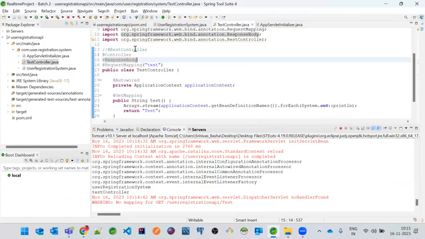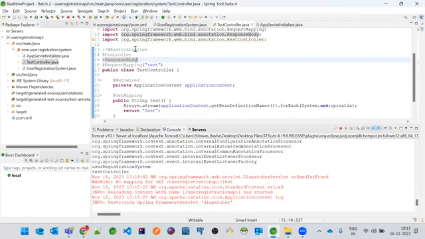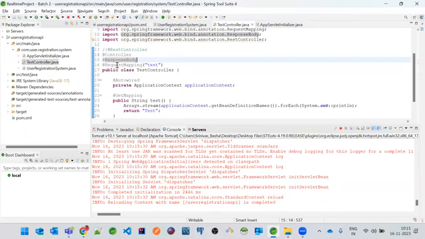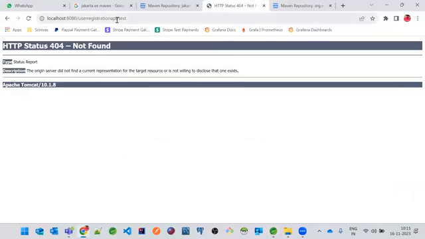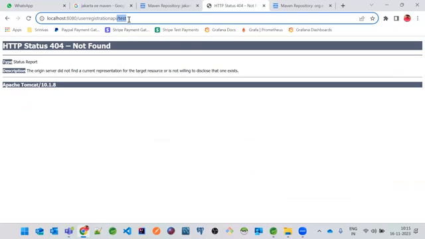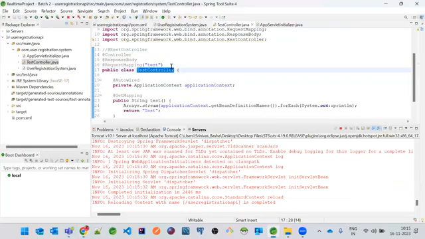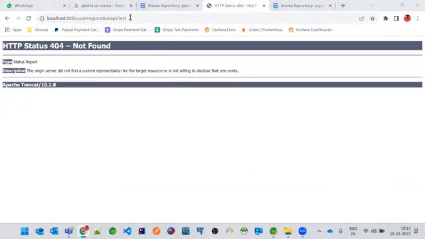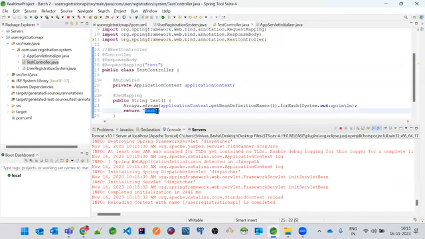There is one protocol, the HTTP protocol. We have an HTTP request and an HTTP response. Why have we made the request mapping over here? To map our URI to this controller. That means this is a URL, and it has to be mapped to our Spring controller. Then only it will work. In the same way, this is a String, and everyone knows there is a String class in Java. This will not be understood by the browser directly. You have to write this response inside the HTTP response.